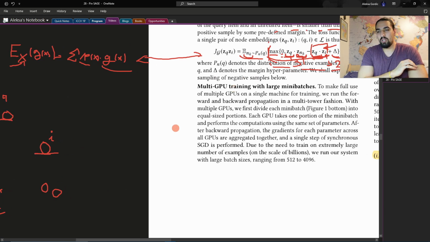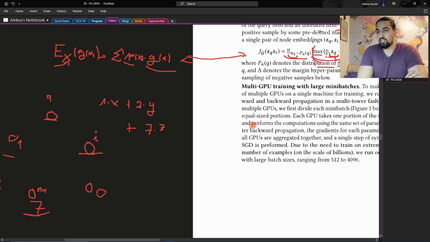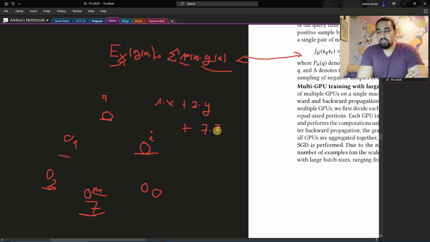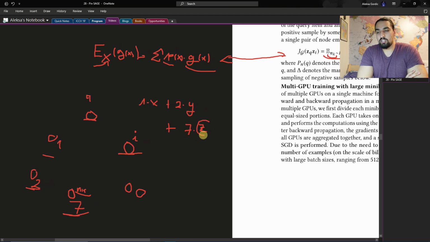possible, right? Because we'll have 1 time something, so the loss will be 1 times x plus 2 times its loss, that's y, plus 7 times z, where z is the loss value associated with this negative sample. So that means it's the most important. The most important thing we can do is minimize this part, because this is the highest